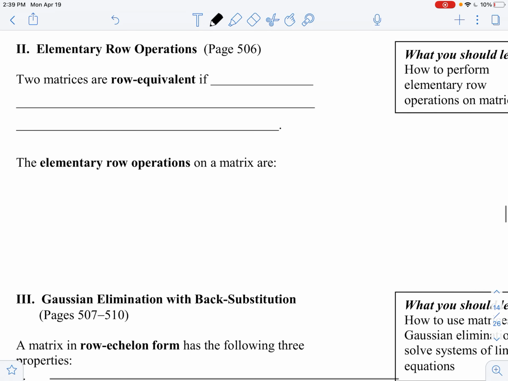So when we're talking about elementary row operations, we talked about this before a little bit. These are operations that